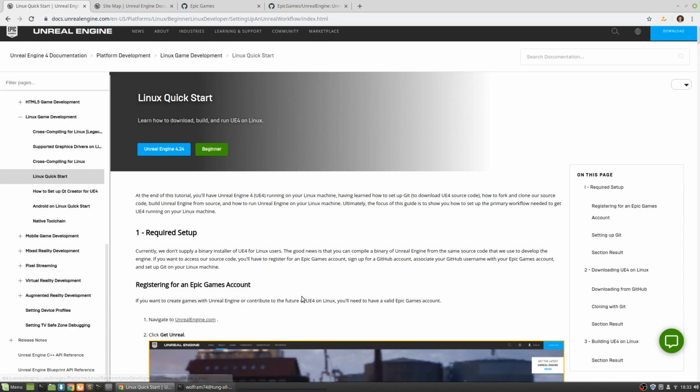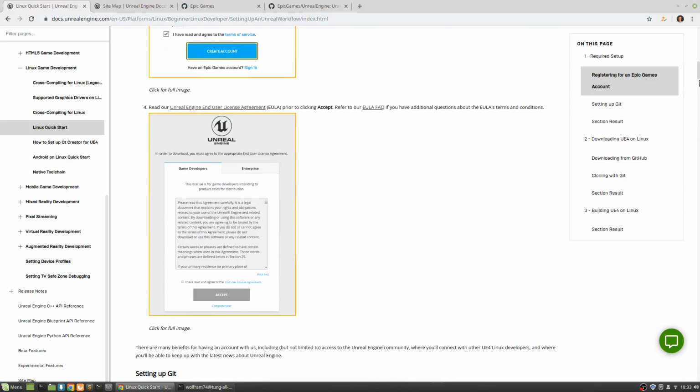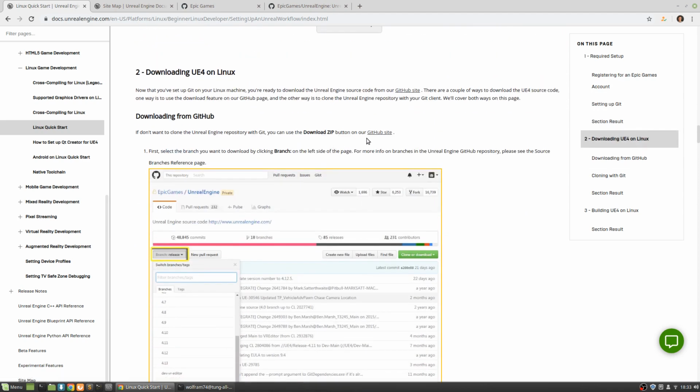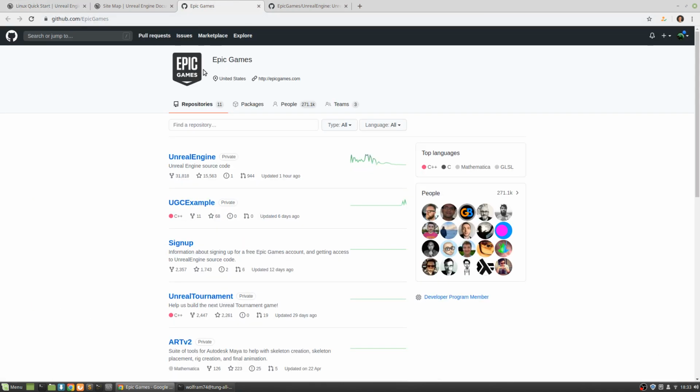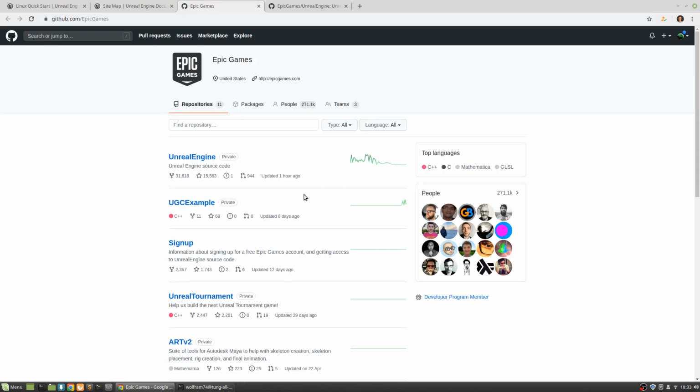So where I'm at right now is pretty much step one. It explains that you need to go to their GitHub site, and you actually need to log in. I guess you also have to register for this Epic Games thing, which I'm already inside.